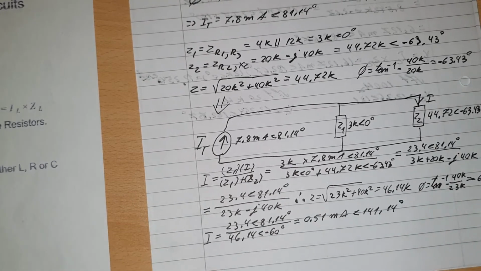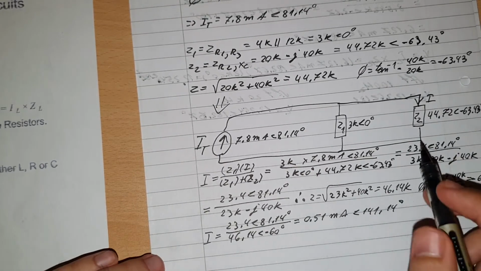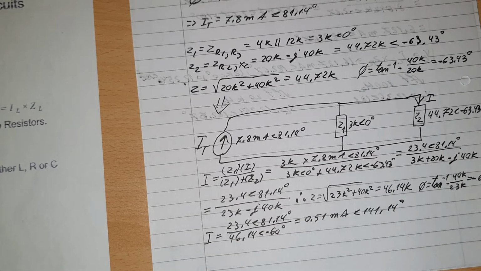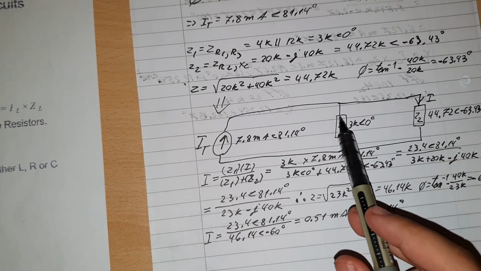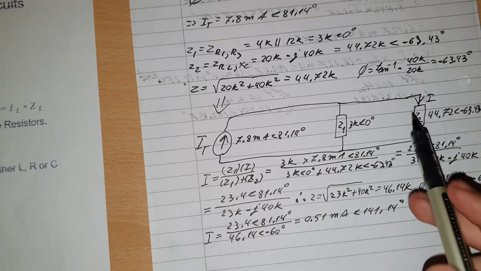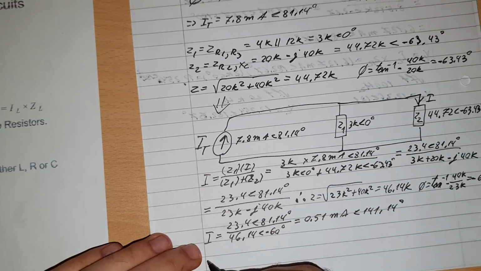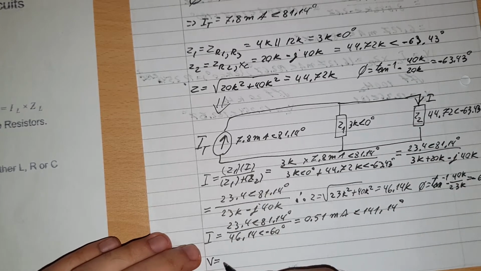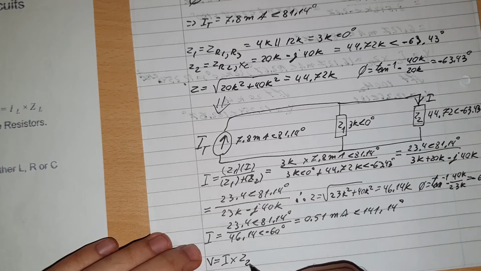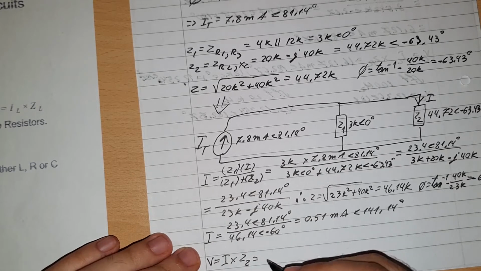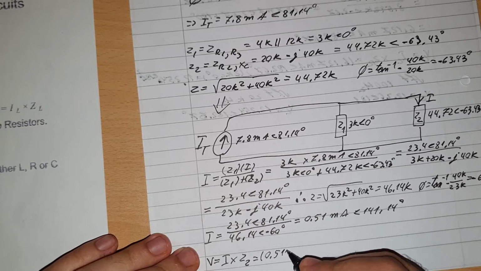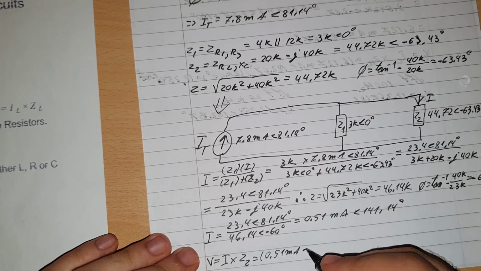Okay, now let's go to the next one, which will be to find the voltage. And again, the voltage is really easy to find. We can pick any of them. We can even use Z1, but we don't know the current for Z1, so we're going to use Z2 again. So the voltage V will be equal with I multiplied by Z2, which is equal with 0.51 milliamps at an angle of